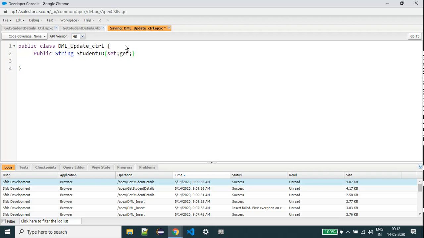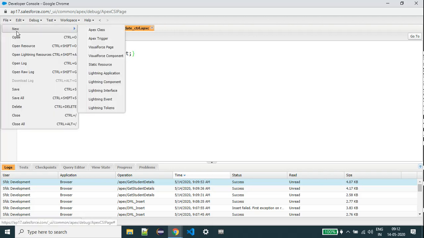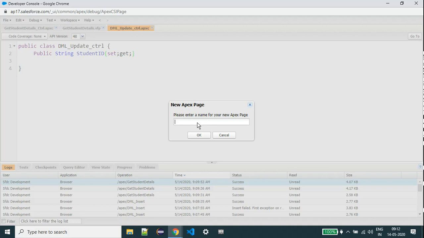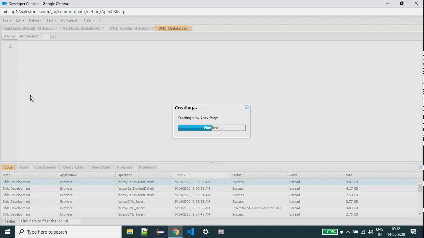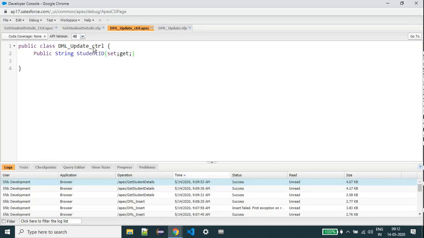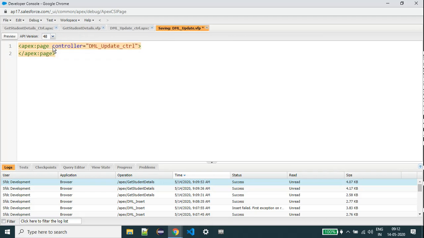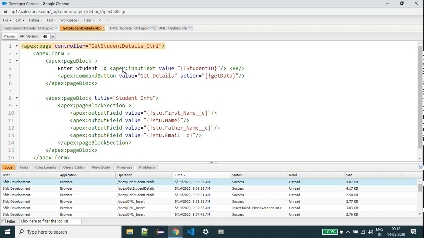I'm going to take one new Visual Force page. Our controller name is this. Save. I want to display this student ID like this. Copy this.